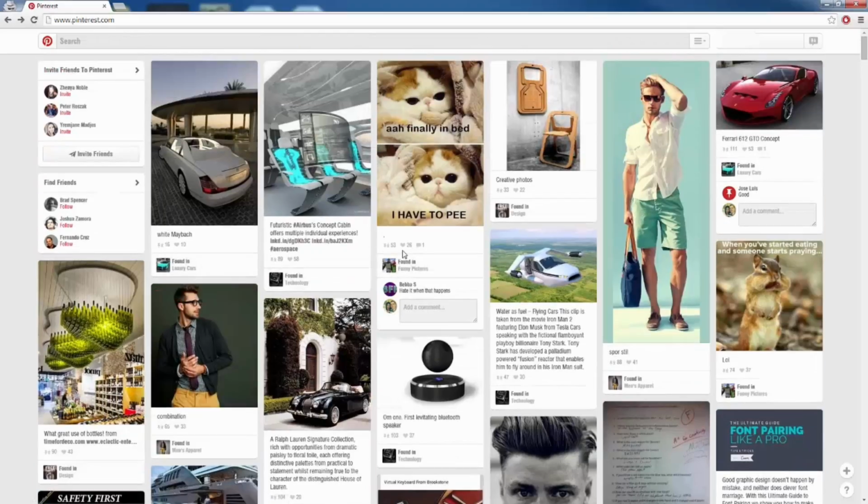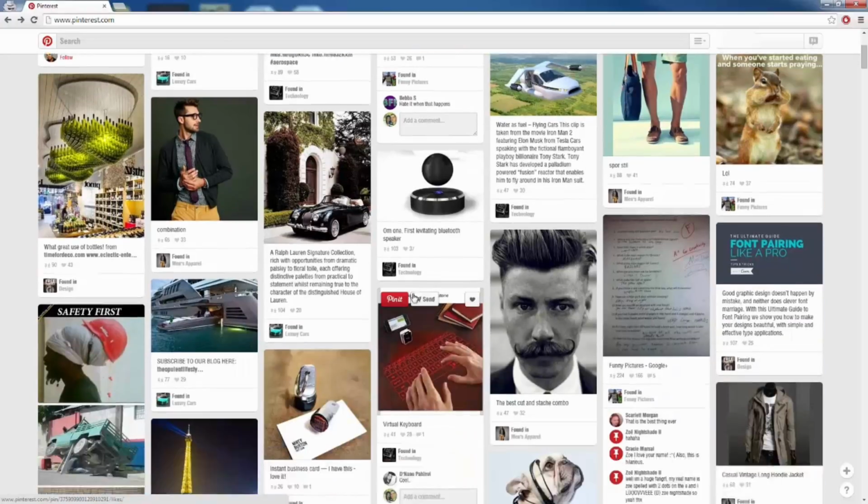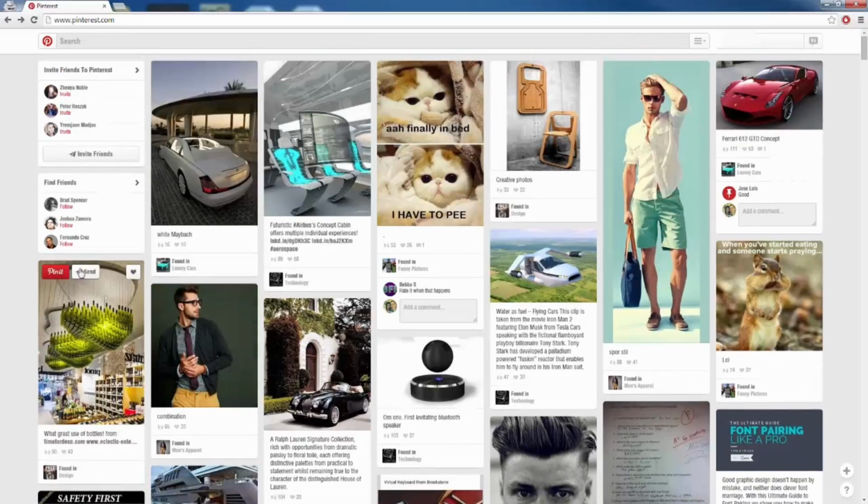I follow funny pictures, I follow technology and things like that. As we can see, it is a bunch of different images that covers my board. And if I was to follow your board, for example, I would see whatever you post on your board here. So the strategy that we're going to use is we're going to create our own board that is related to